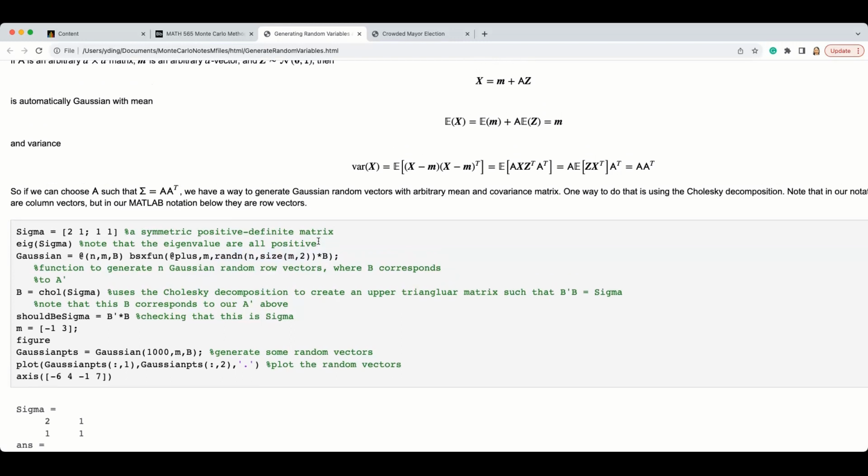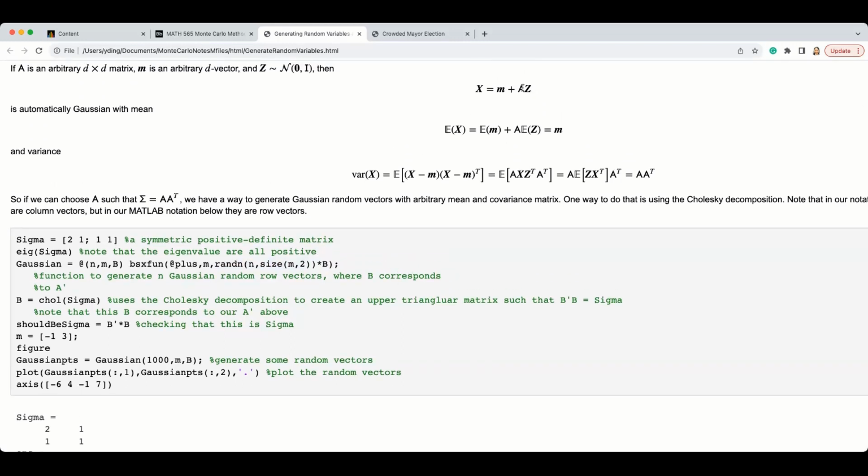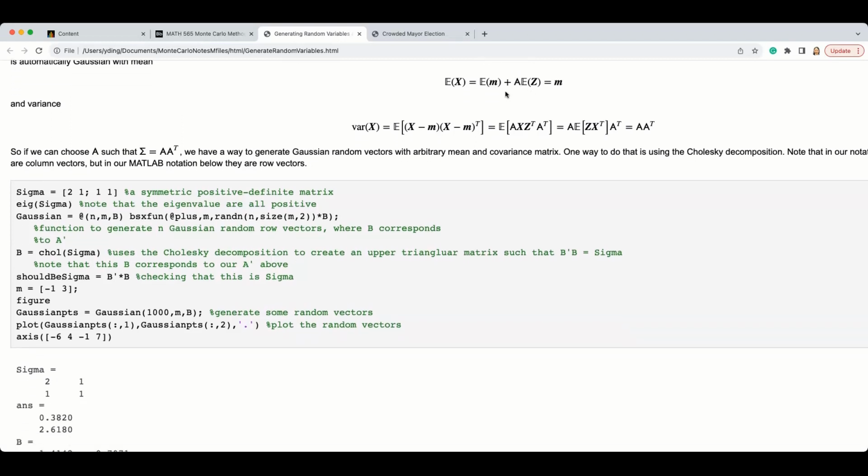And then you multiply by b. And be careful. Why do we use b here? Because in most cases we use a times z. But right now z is transposed. So we should use z transpose times a transpose. So this is no longer the original a. Because right now this is a row vector, we should multiply from the right-hand side. Is that okay? I know it's a little complicated, but this is the way MATLAB generates that. And this is to get the Cholesky decomposition, and then we multiply by it from the right-hand side.